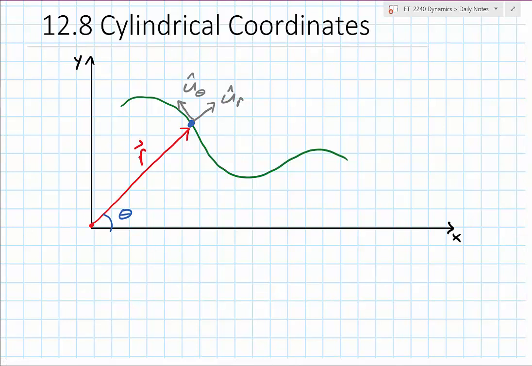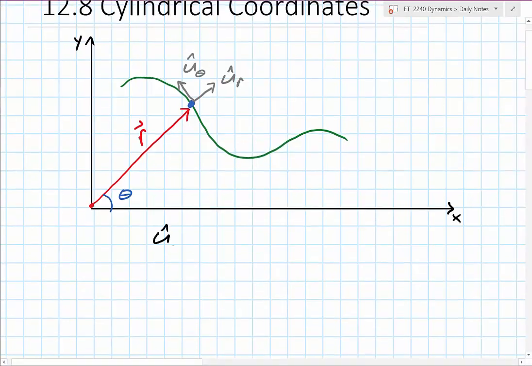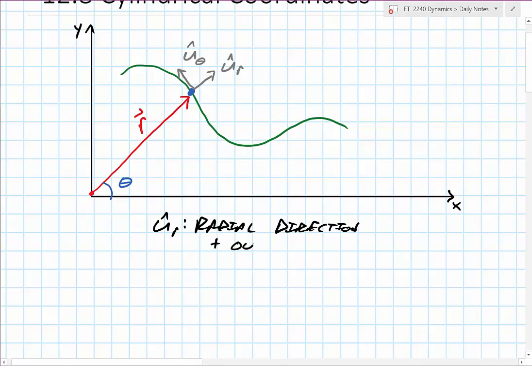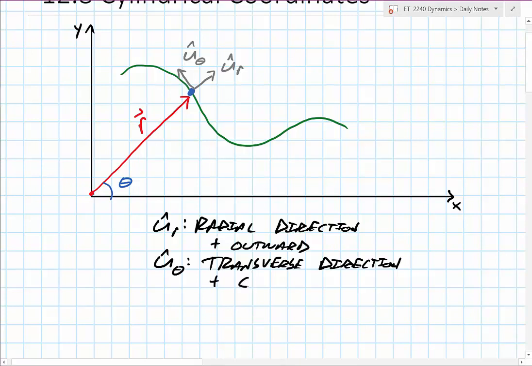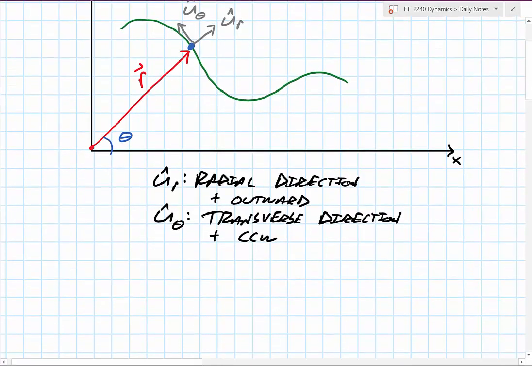So our u hat r is in the radial direction, and I should note that this is positive outward, positive as we move away from our origin. And our u hat theta is the transverse direction, and I should point out that that one is positive in the counterclockwise direction, our typical positive notation when it comes to angles. From that, I can determine what my position is